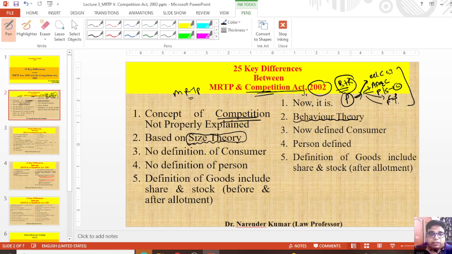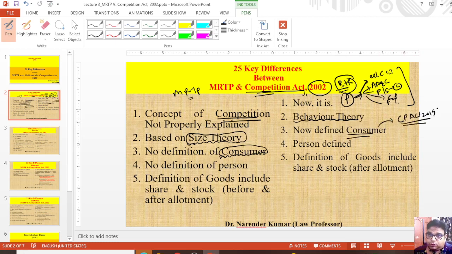Point number 3 talks about the consumer. When you read the MRTP law, we do not find any proper definition of the consumer. Generally we referred to the Consumer Protection Act, at that time 1986, but right now we have a very exhaustive definition of consumer, that is Section 2(f). And you can also correlate this with the recent Consumer Protection Act